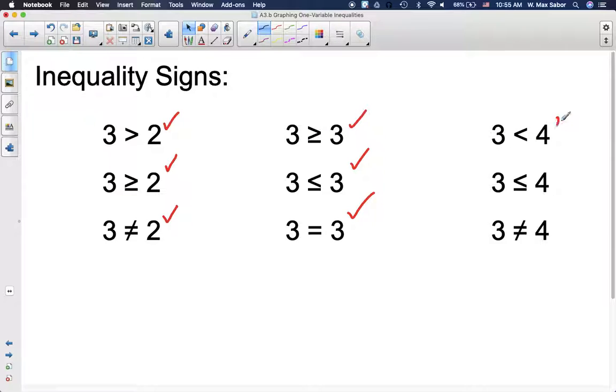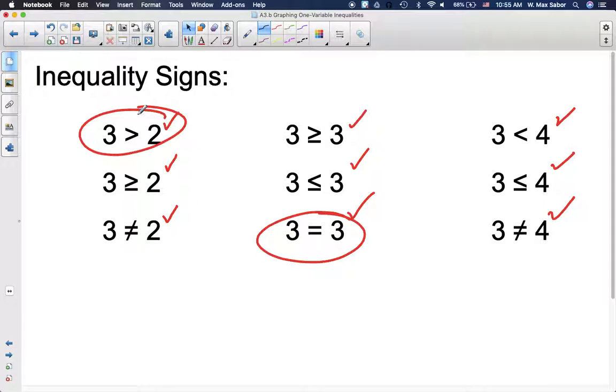Because it's equal to, it satisfies the statement. Now, 3 is less than 4. 3 is less than or equal to 4. It's not equal to, but that's okay. And 3 is not equal to 4. So those are what our inequality signs mean. The equal sign only has one meaning. The greater than and the less than signs only have one meaning. And then the others